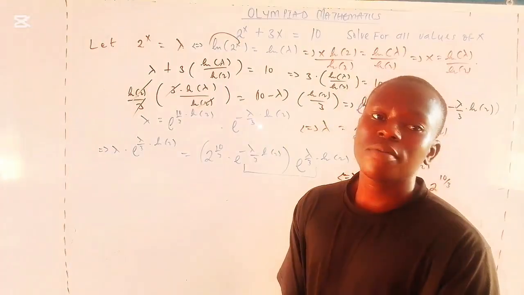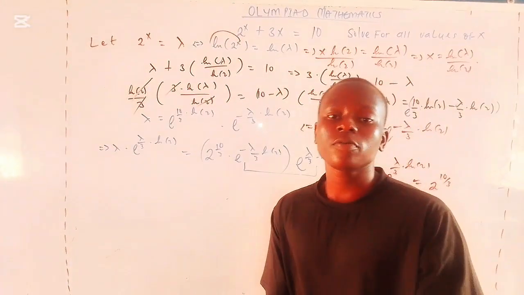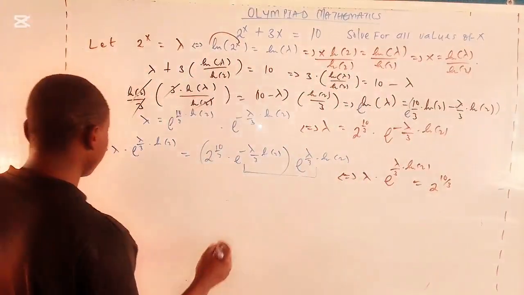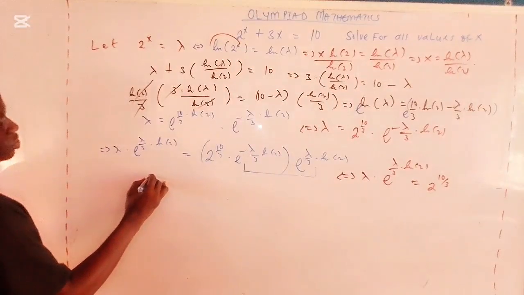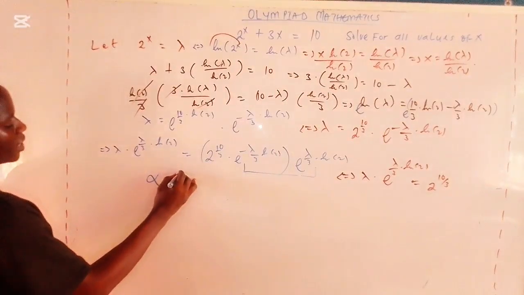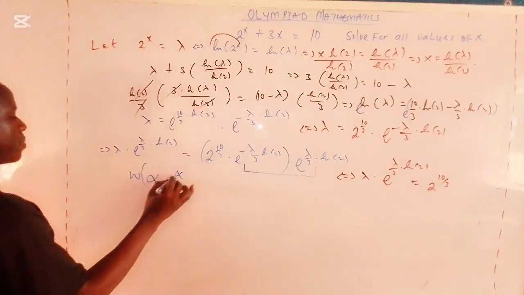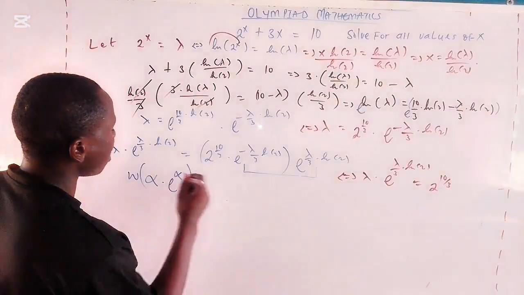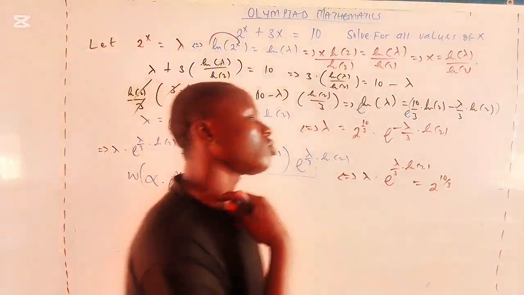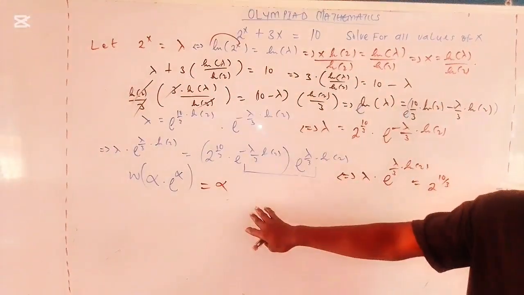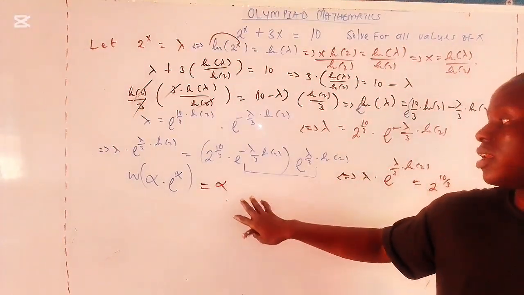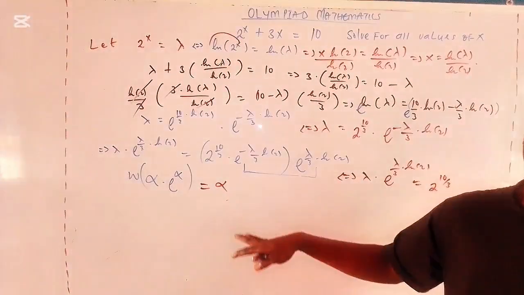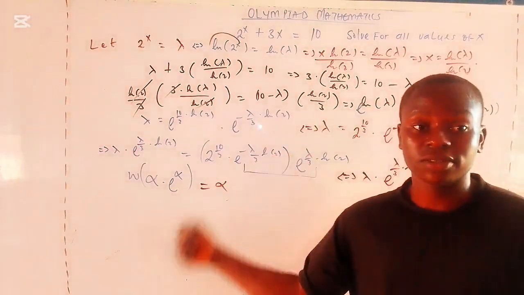Alright? So we're going to make use of the Lambert W function, or you call it the product log. So the Lambert W function states that we have this kind of function: alpha multiplied by exponential alpha, and you take the Lambert W function of this. This will surely give us alpha. I'm sure you cannot be taught this in school. You can only learn this if you're a learner or a reader, so you can only come across this online, this particular